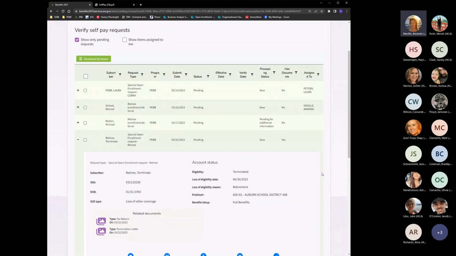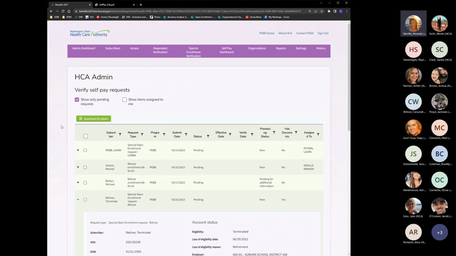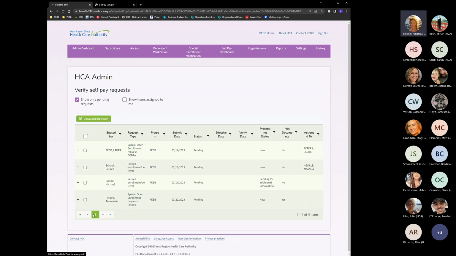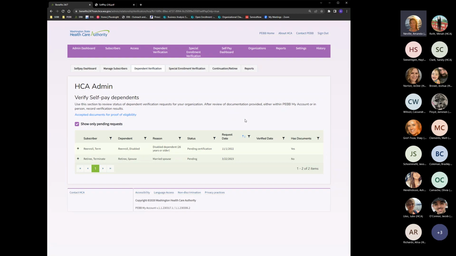However, we are not 100% done with this special open enrollment request because we have not completed the dependent verification portion, right? We did complete adding that spouse to the coverage per their request, but we do need to verify that dependent. So I go back to my dashboard, and now I'm going to go into my dependent verification section. So